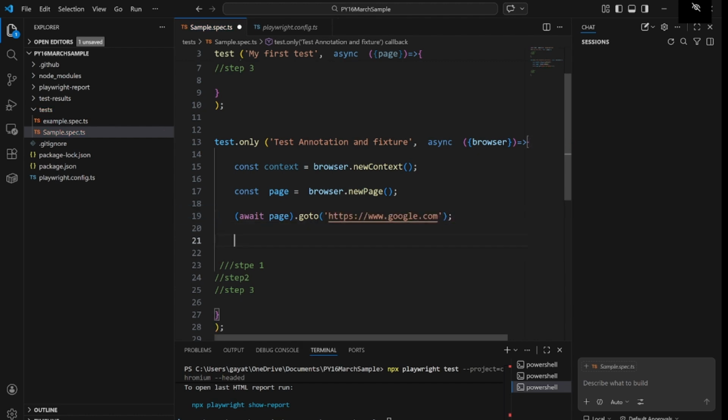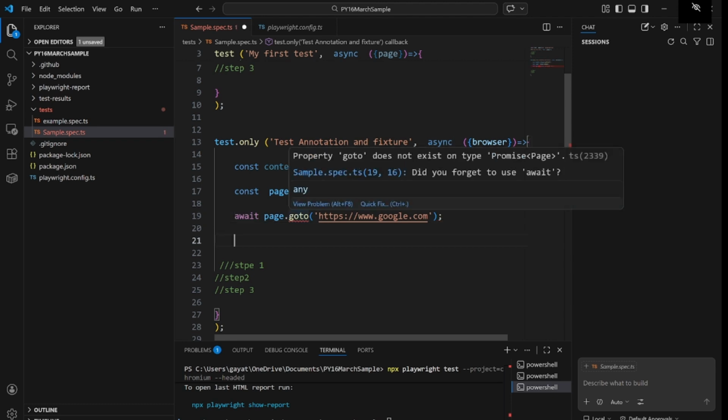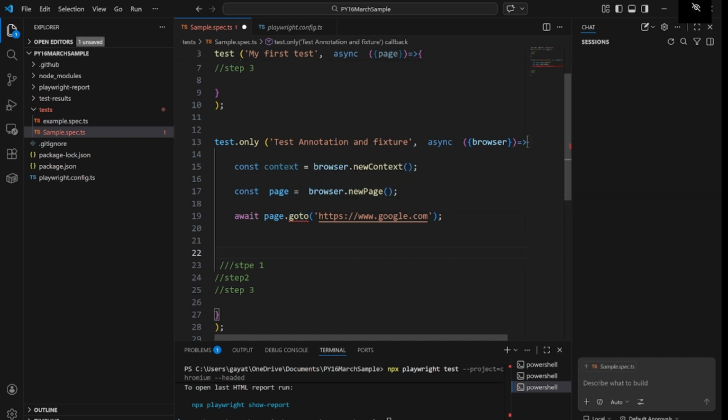Yeah, it is correct like this. Okay, now don't use this directly. Did you forget to use await? Okay, no worries with that. And here also we can use await.